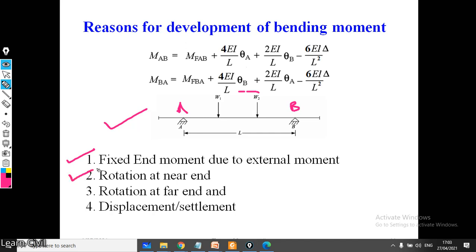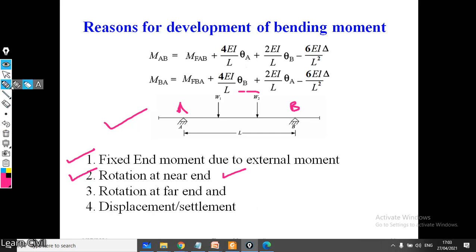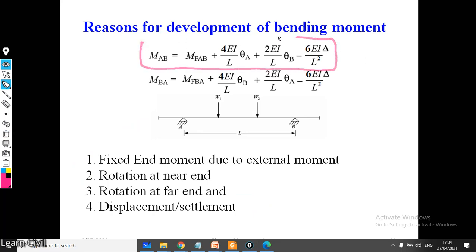The second reason for development of bending moment is rotation at near end. The third reason will be rotation at the far end. And the fourth reason for development of bending moment will be bending moment due to displacement or settlement. Now if you see this particular equation here,